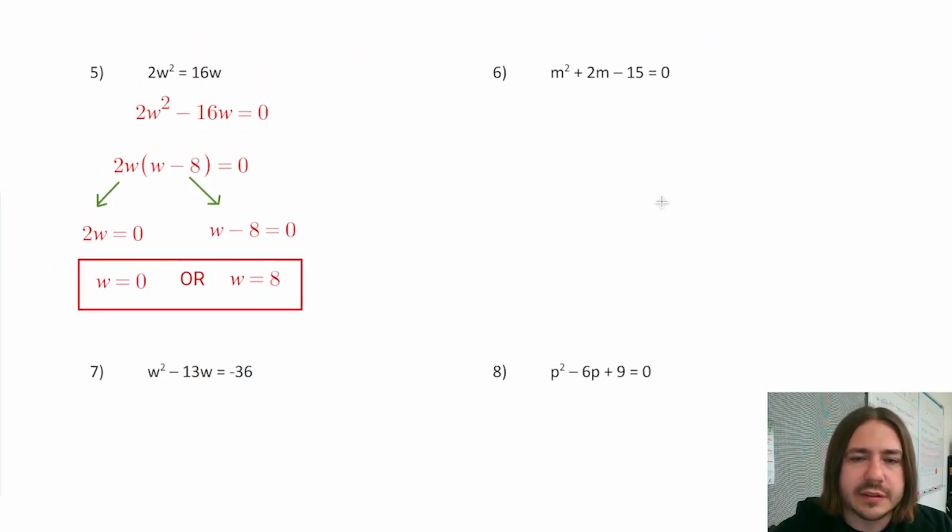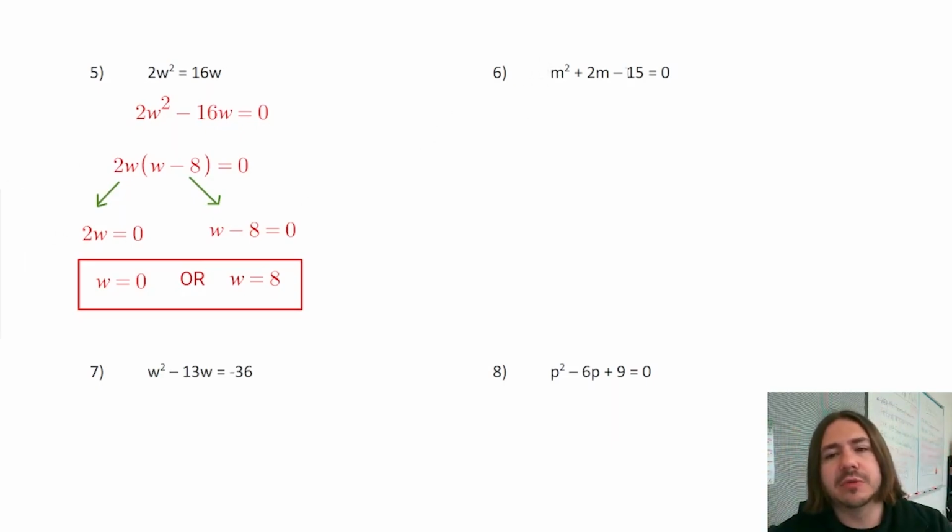Okay, number 6. So this is where the fun begins, where we actually have to do factoring that's not just GCF factoring. This is where we want to find 2 linear binomials that multiply to give me this. Okay. So one way to do this is to say, okay, well, first look to see whether or not the leading coefficient is 1. If it is 1, which it is in this case, then this is going to be one of our